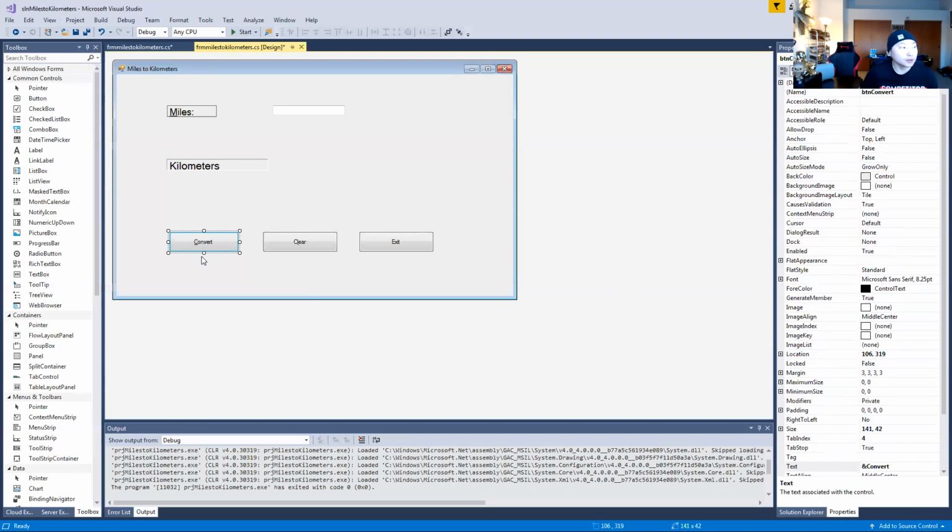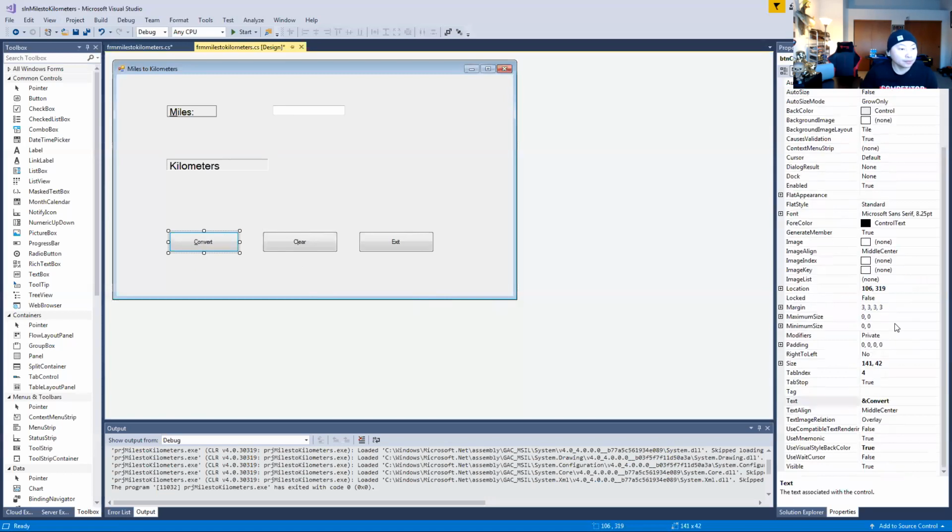And then if you can actually see, there's an underscore on the C here, and there's an underscore on the L here. So under convert, these are 3 buttons. So under the convert button, I have an ampersand. So with this ampersand, here,